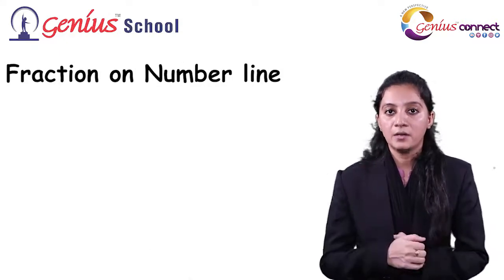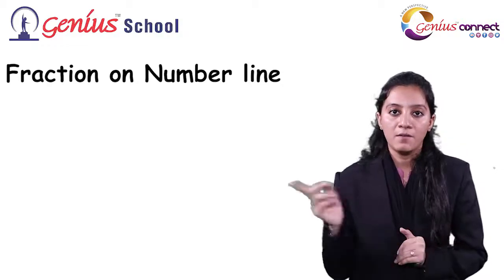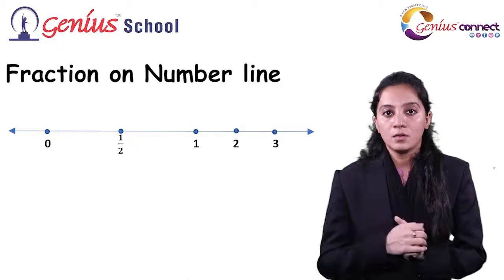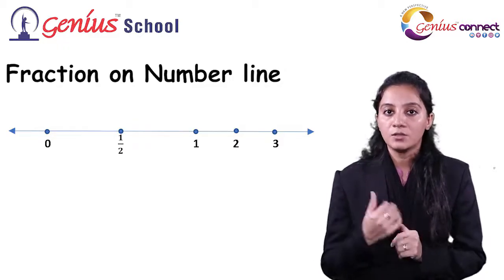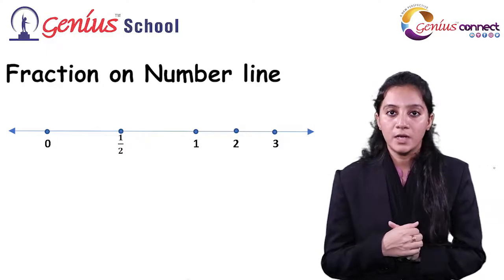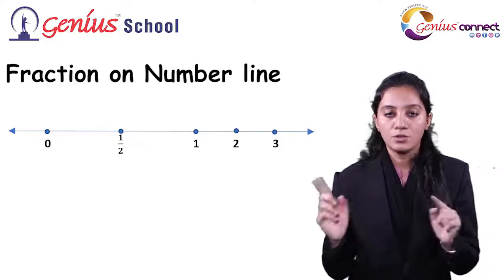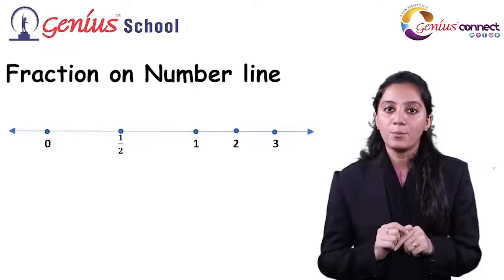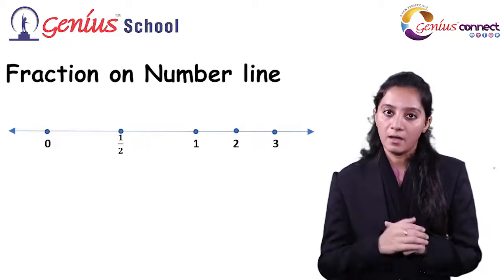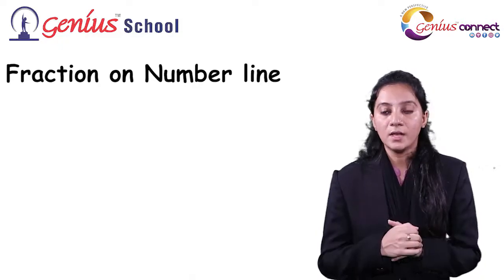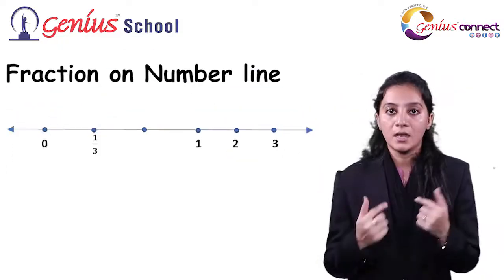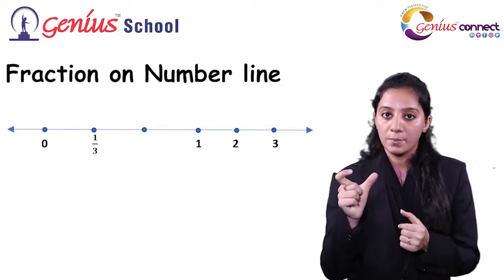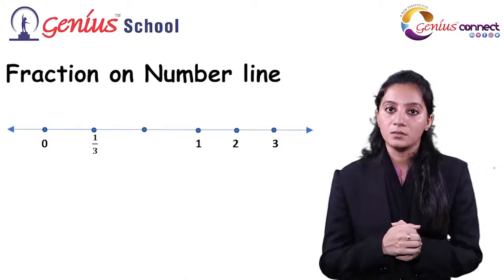Now the next one is fraction on a number line. We are representing a fraction on a number line. We have a line starting from 0, right? Now 0 to 1. You can see the half is in between 0 and 1. So we will divide this number line from 0 to 1 equally. The middle point of this number line is represented as 1/2. Now the second example: if I divide this number line between 0 and 1 into 3 equal parts, right? Then the first equal part is represented as 1/3.